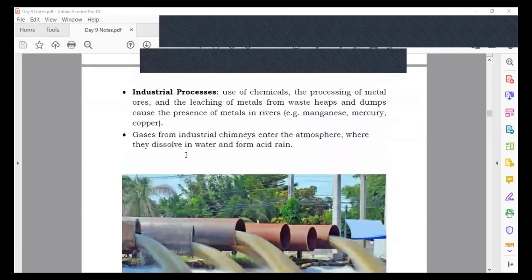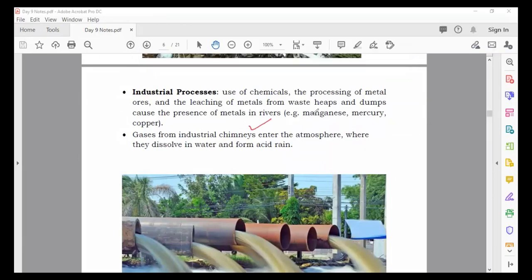Now, another thing is industrial waste. For example, you have a large variety of industries. They are using a lot of chemicals, and when those chemicals finally come out as waste, they are sent to the rivers again. This kind of water coming from the industrial process as waste